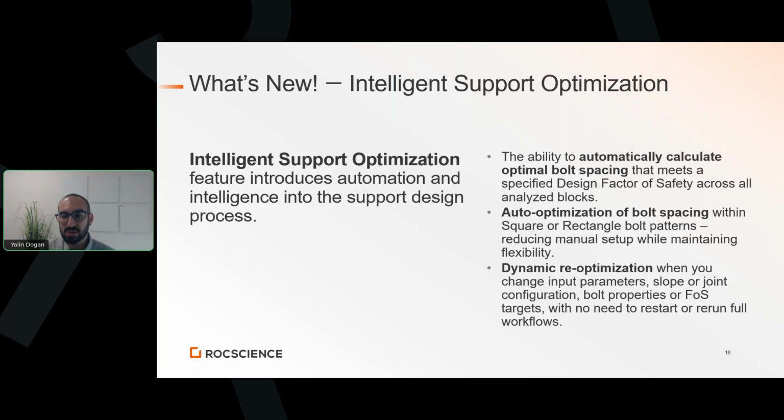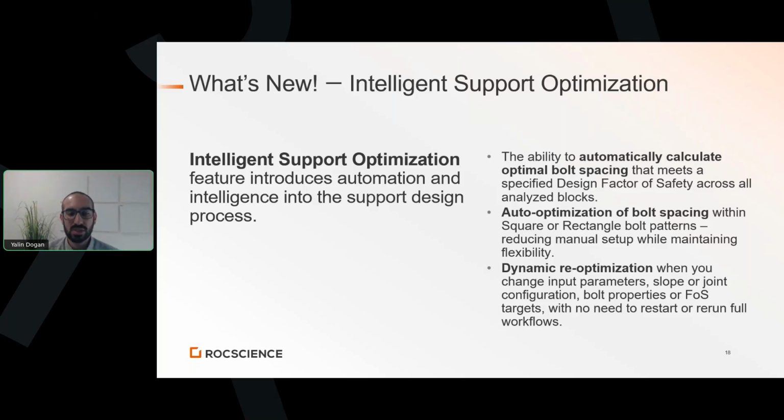So RocSlope2's existing bolt pattern tool, which is an advanced feature from the older programs, already enabled us to define custom bolt properties and layouts, but configuring bolt spacing to meet the safety targets often requires repetitive manual adjustments of horizontal spacing and vertical spacing, until the desired factor of safety is achieved or satisfied for all analyzed